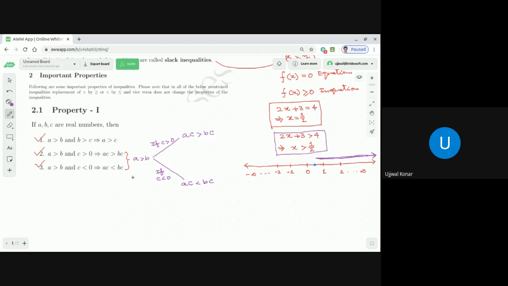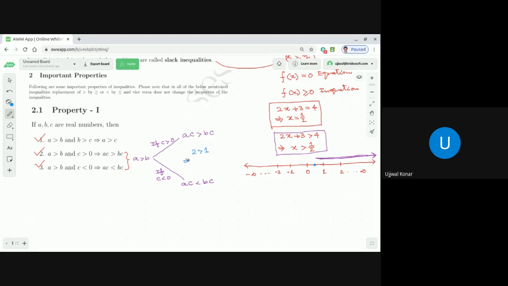Or in other way, I can say if it was greater than or equal to, it will be less than or equal to. Or if it was less than or equal to, it will be greater than or equal to. Let's take a fundamental, very fundamental one. We know 2 is greater than 1. We all know. For that, you don't need to know any inequalities. Just a very fundamental idea. Then let's multiply both sides of this with 3.